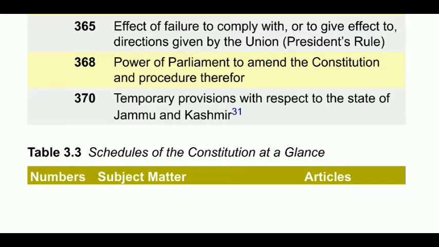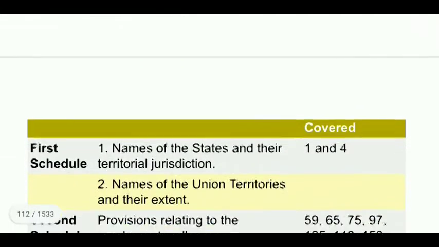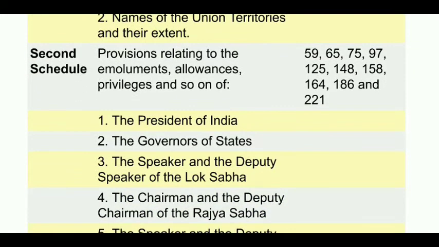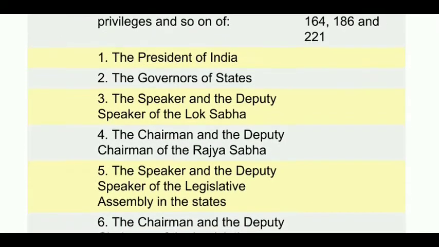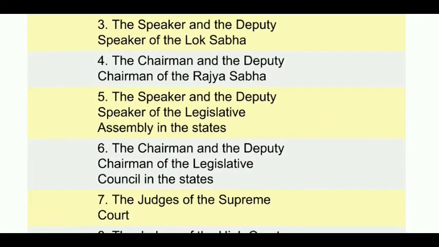This is the third table, schedules of the Constitution at a glance. You can see here. First Schedule, names of the states and their territorial jurisdiction, names of the union territories and their extent. Second Schedule, provisions relating to the emoluments, allowances, privileges and so on of the President of India, governors of states, Speaker and Deputy Speaker of the Lok Sabha, the Chairman and the Deputy Chairman of the Rajya Sabha,